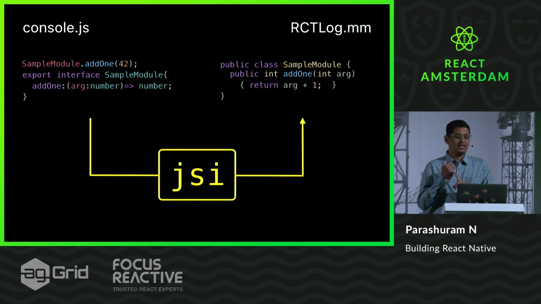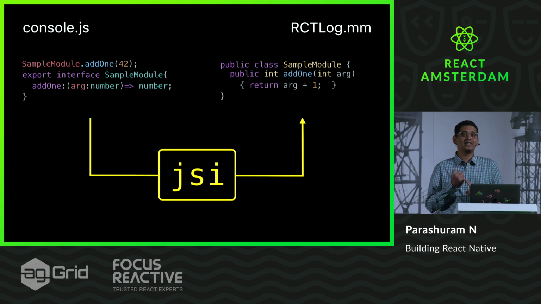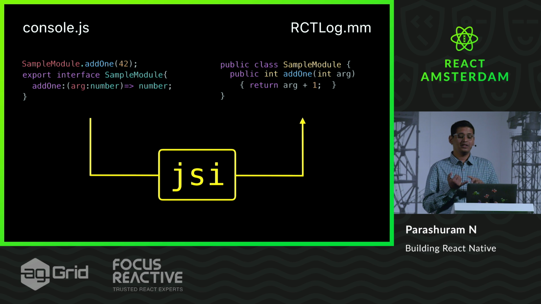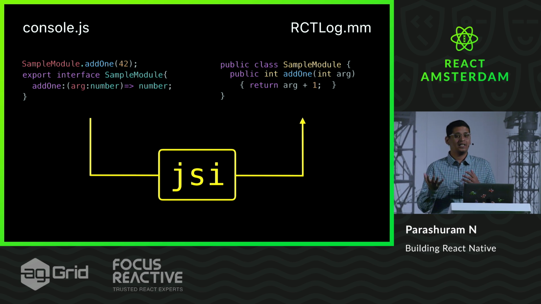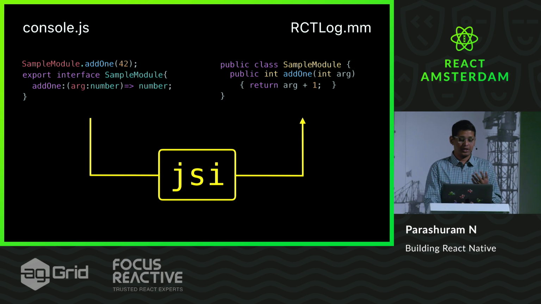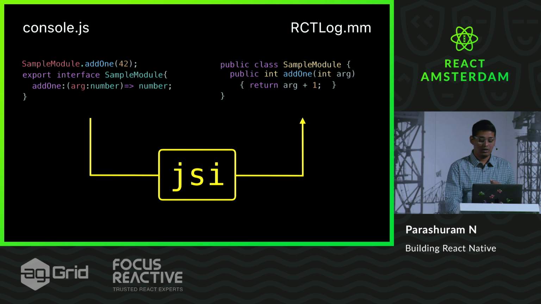Effectively, it's a single Java class. It takes in a single function. The function is called add1. It takes in an argument, which is a number, and then returns a number by adding 1 to it. That's what it is. Now, if we had to write this in a similar fashion like console.log, what would that